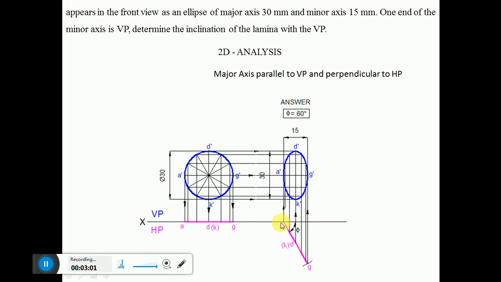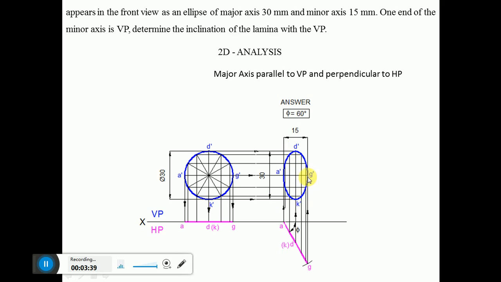Then draw a vertical projector to the front view. So we are going to get this point. From here you draw a horizontal projector from A dash, and you get this one point. From this point you measure 15 mm using the compass and mark this point. Then bisect this line, you will get the center. Then through the center you draw a line. Anyhow you have the diameter here, so you get these two points. So you have this line and this vertical line.